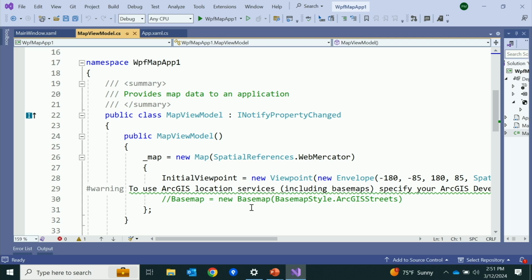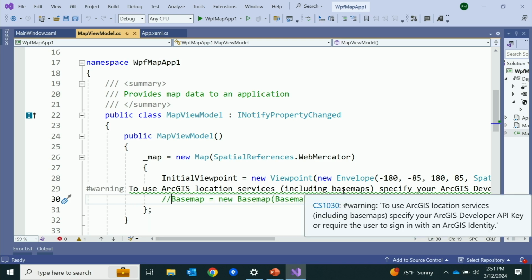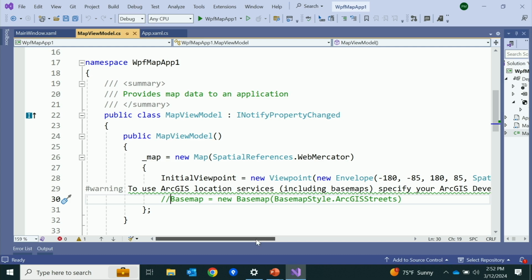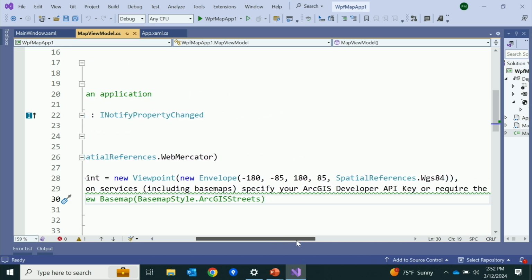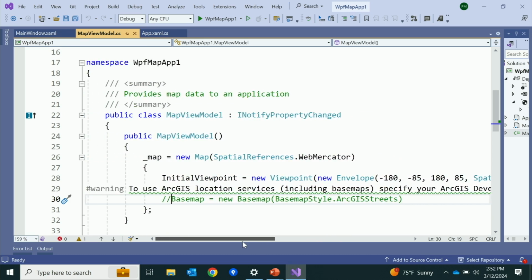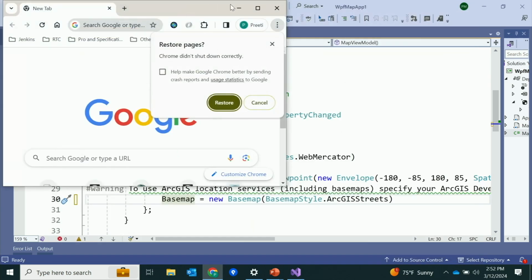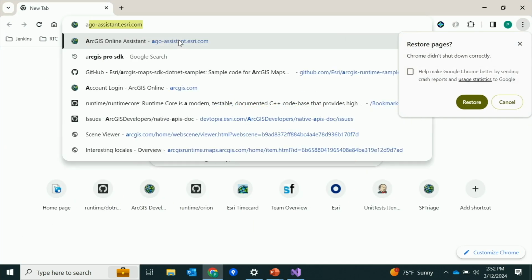Current map that is used, and you would see here that the base map is commented out. We need the base map to render on the map, but I also see a warning here that says for ArcGIS location services or use of any base maps, an API developer key is required. Does anyone here not know how to get an API developer key? Great, everybody knows. So I'm gonna uncomment this code and I will go to my developer page and copy my